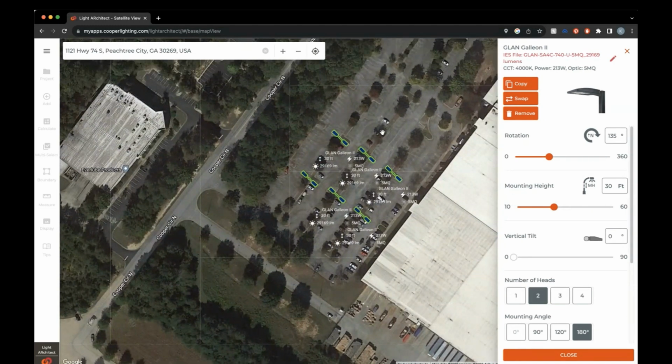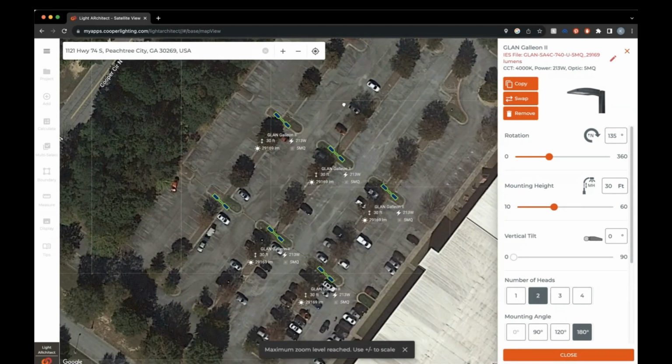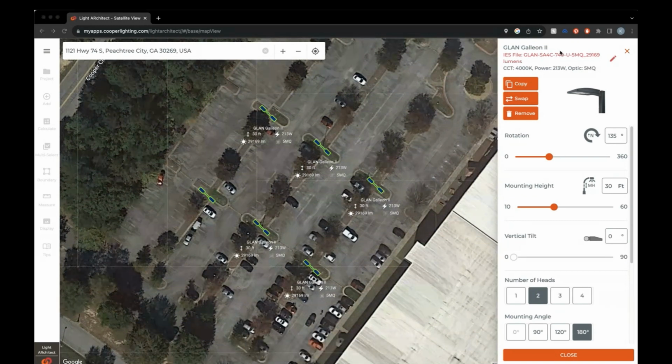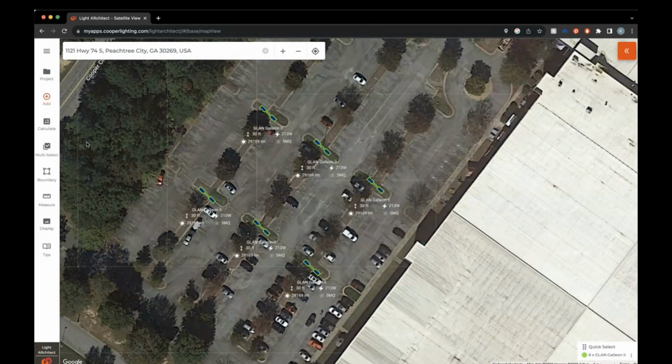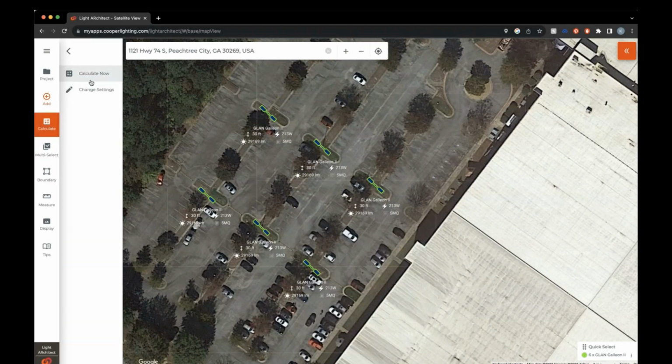All right, so now we have a small design all laid out. The next step is to get photometrics. So returning to this left-hand side menu, right below add, you have calculate. And if we hit calculate, it'll come up with an option here. You can either change the settings, and I'll go over that after we do this initial calculation, or you can